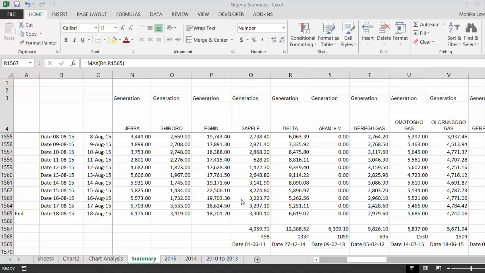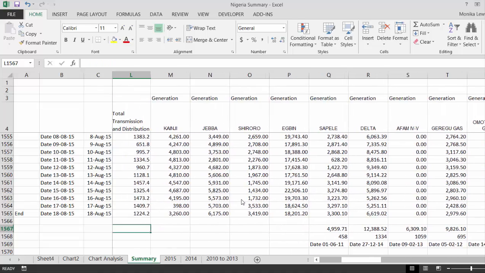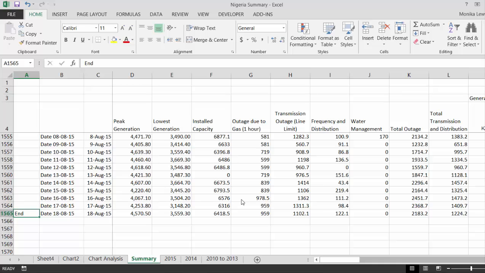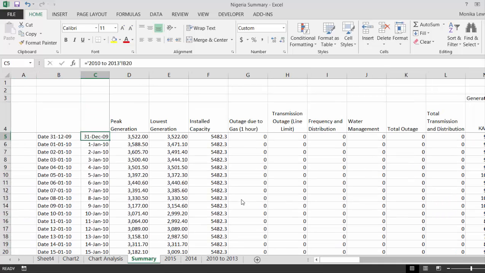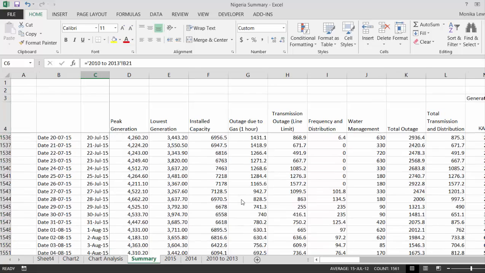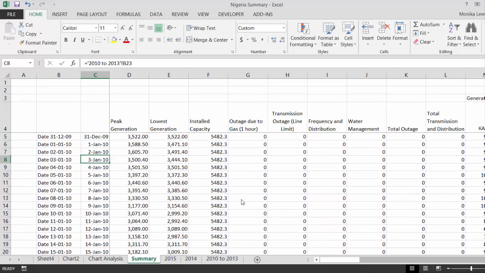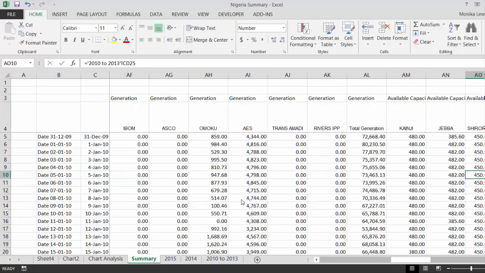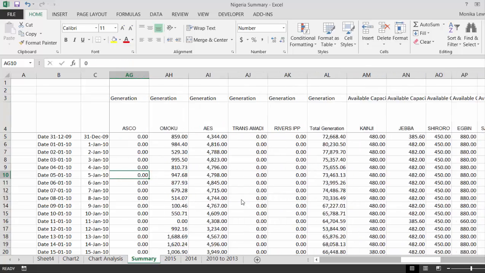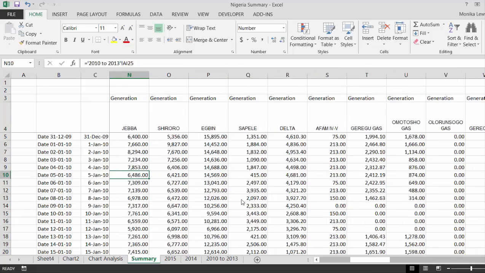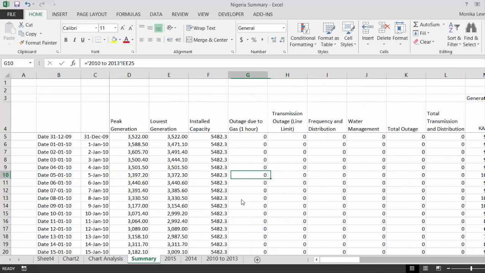Now, I have what I think is a wonderful database. We're going to get the same database for US, by the way. I wish I could get it for Europe and Asia, but we have a daily generation. For US, I only have monthly generation. And we have the individual power plants, the capacities of the plants. We have the reasons for outages, and you can really start to tell a story about what's happened in Nigeria